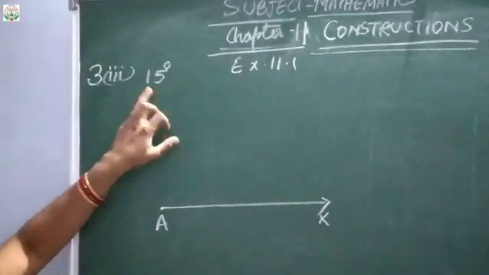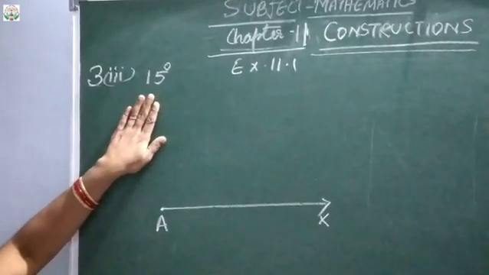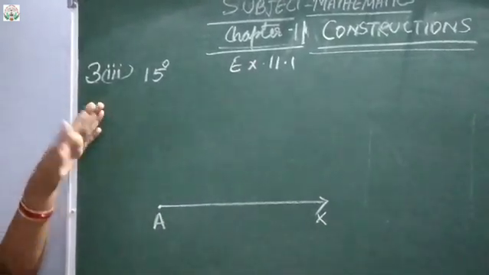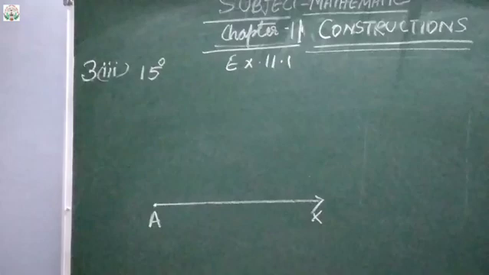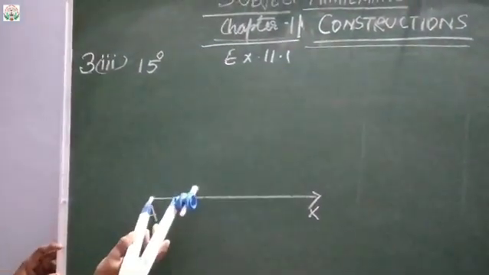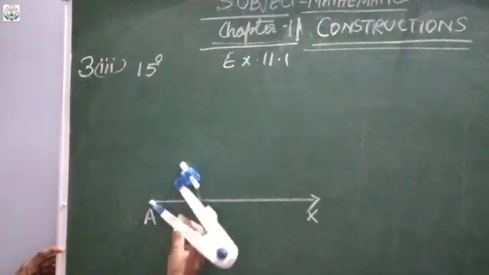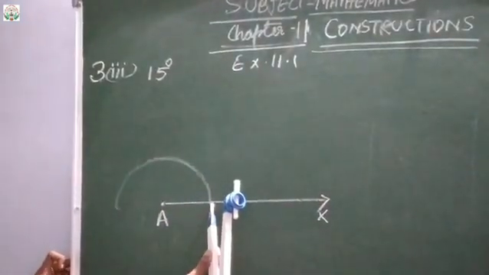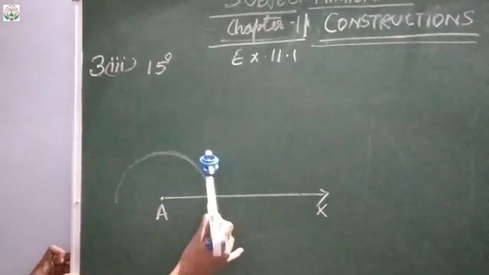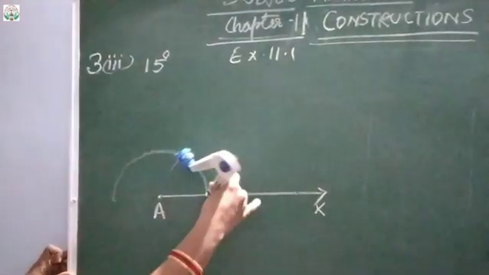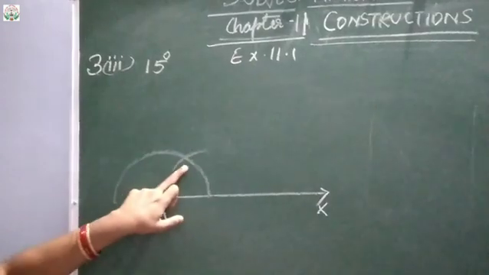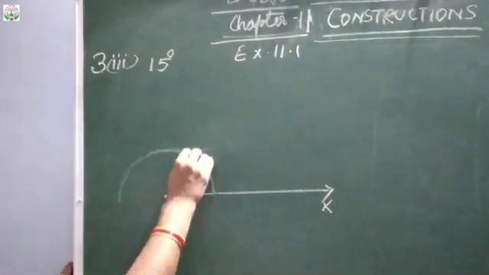At the initial point, now we have to construct what? 15 degree is half of 30, and 30 degree is half of 60. So for that we need to have 60 degree. To construct that 60 degree, take an arc of any measurement and draw a semicircle. Wherever this semicircle touches the ray AX, there you keep the rounder needle and cut an arc of the same measurement. Do not change the measurement. So now this point is our 60 degree.